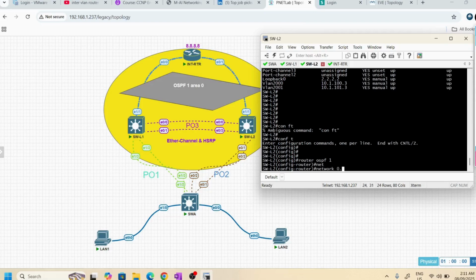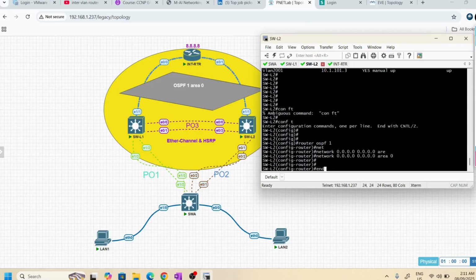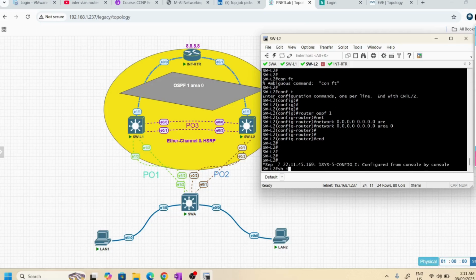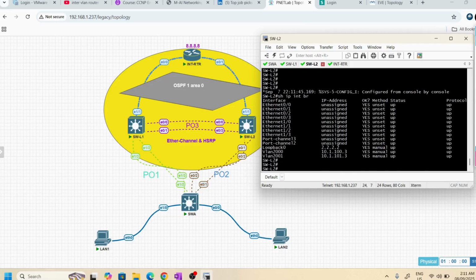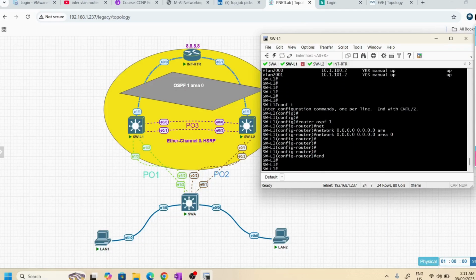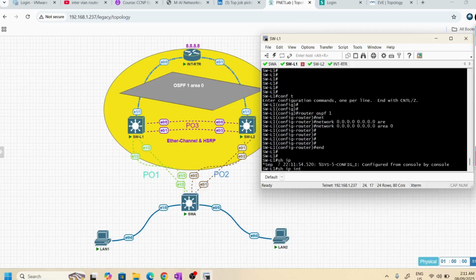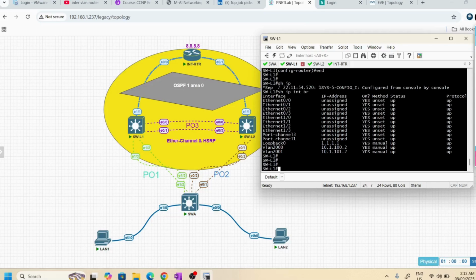Network, area 0. So IP interface brief. Loopback is okay. So IP interface brief. Okay.